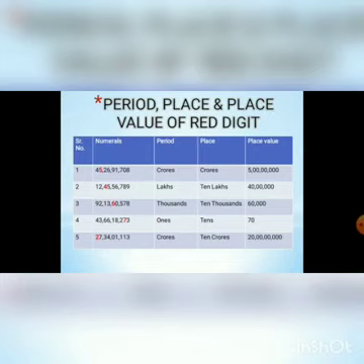Question number 4. 43 crore 66 lakh 18,273. The red digit is 7. See, the commas are written in each period, and the periods are ones, thousands, lakhs and crore. So the red digit comes in ones period. In ones period, three places come, ones, tens and hundreds. So the red digit is in tens place, and the place value of the red digit is 70.